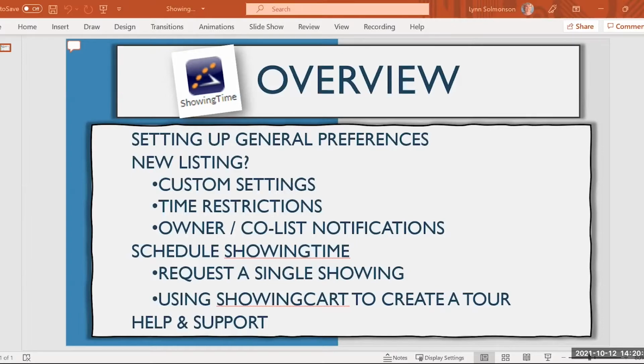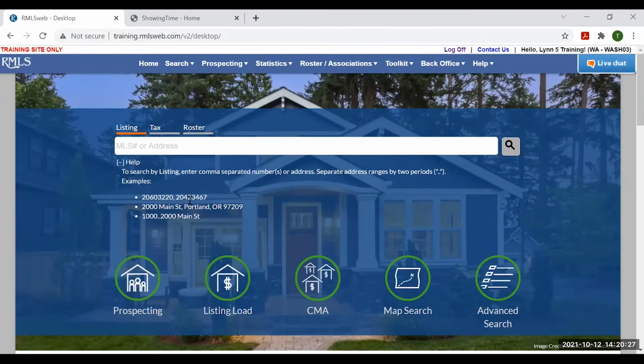support toward the end. And in order to teach ShowingTime and not impact live listings, I am teaching on a training site. So you'll see training at the top left. That is why. Okay, so initially we want to go into ShowingTime and set up our general preferences, kind of